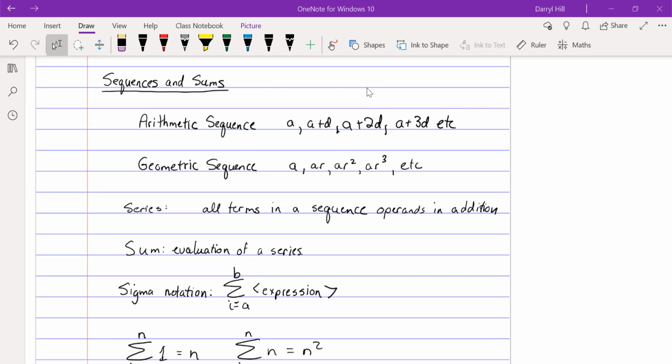All right. So sequences and sums, arithmetic sequence, so that's of the form, so A is the starting